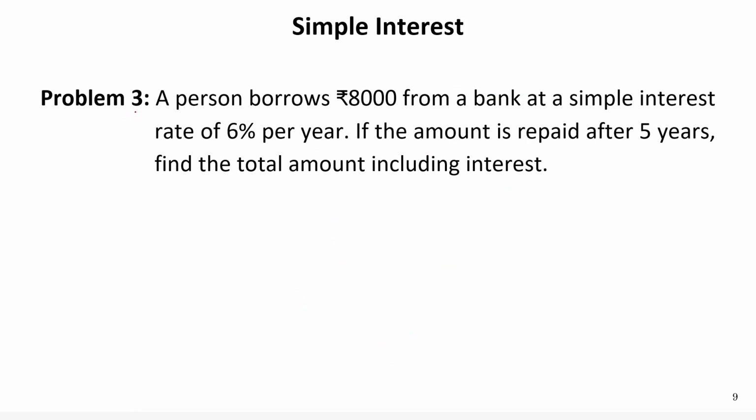So let's see problem number 3. A person borrows 8,000 from a bank at a simple interest of 6% per year. So SI is equal to, so this is the principal amount. So 8,000 into 6 into, so if the amount is repaid after 5 years, then find the total amount including the interest. Given that the total amount was repaid in 5 years, so time was 5